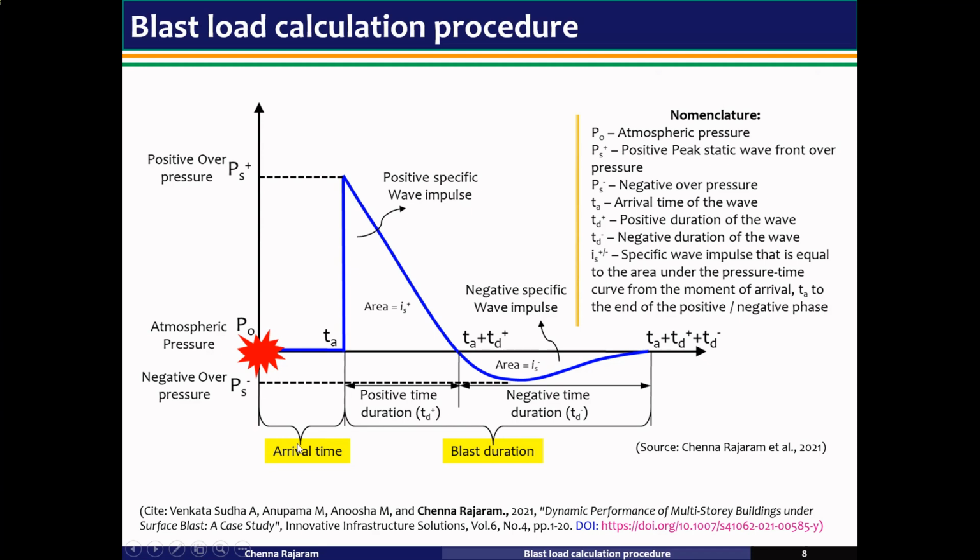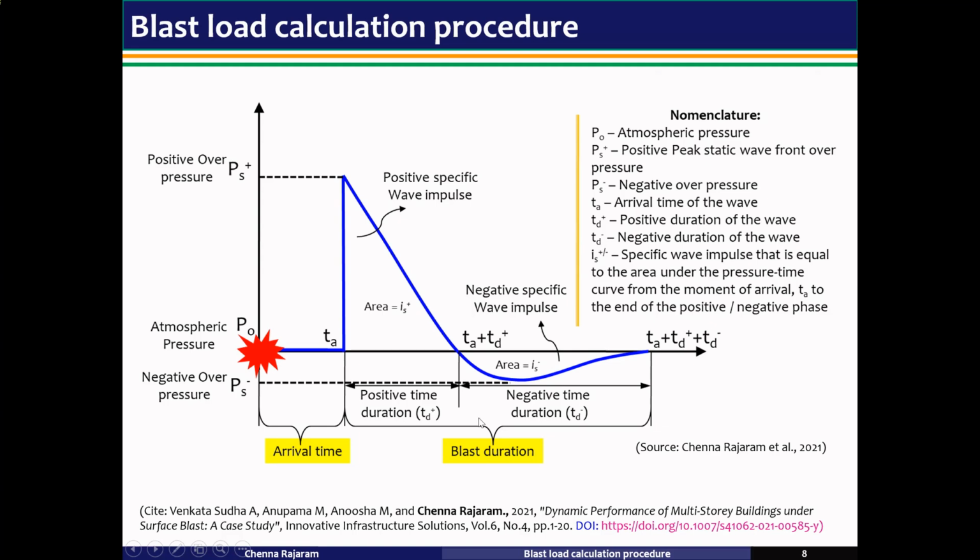That time we call the arrival time. Then the pressure increases. After reaching the positive peak overpressure, decay starts to 0, and then it goes to negative overpressure also. This is the negative time duration,